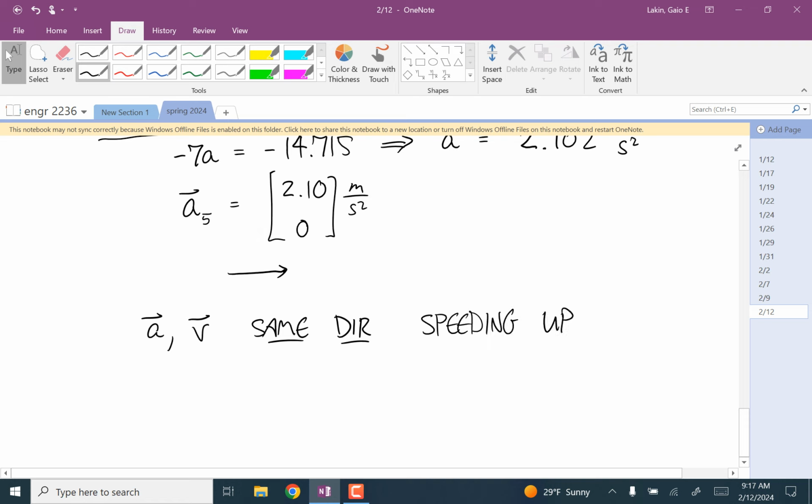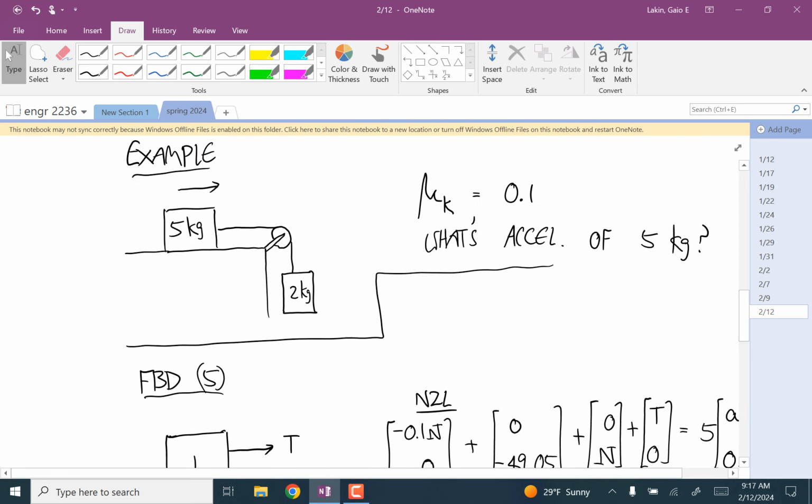If they're in opposite directions, it's slowing down. Okay, so in other kinds of pulley problems, I never asked you at the end whether the thing was speeding up or slowing down. Why is that? Like, imagine this system